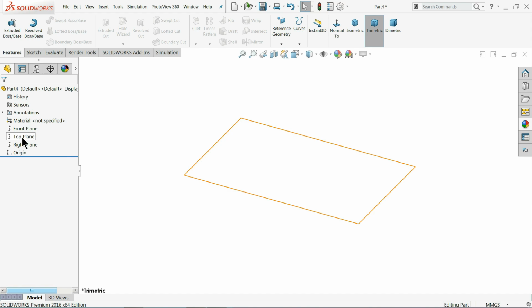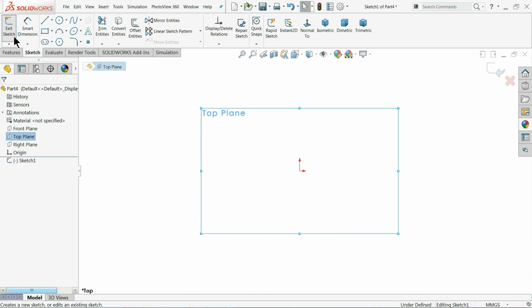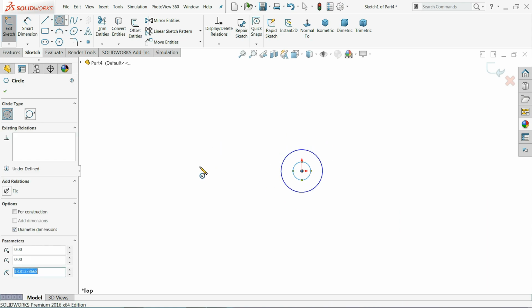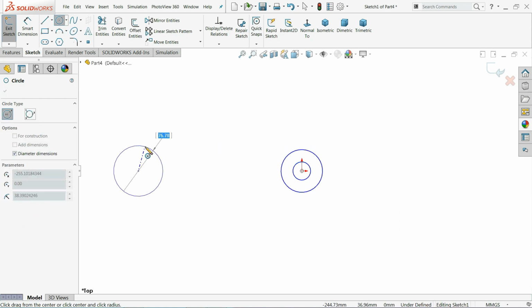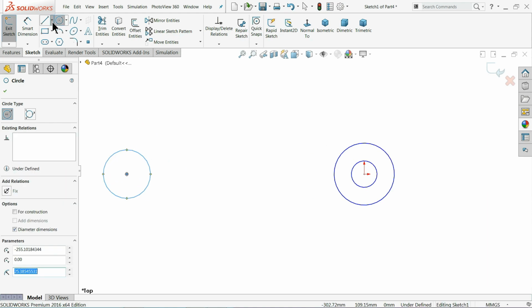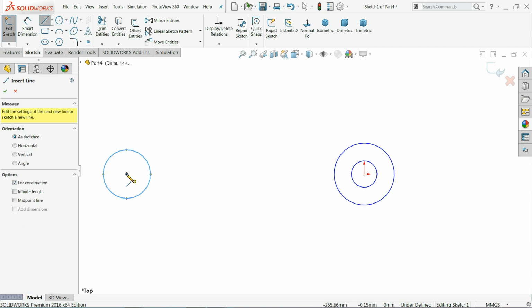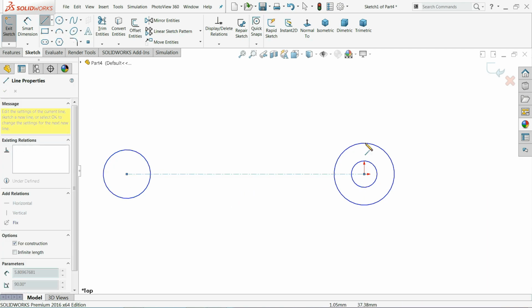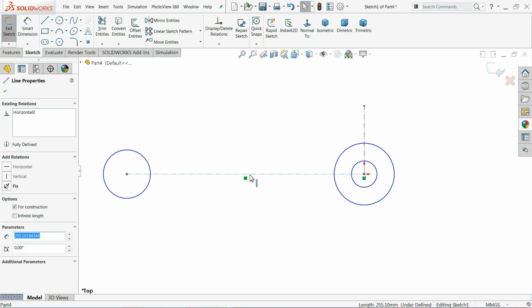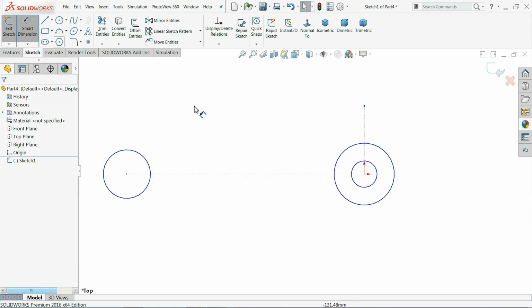So here we will choose top plane, or even directly choose extruded boss base. This is top plane, circle. Let me draw here 2 circles. Okay, and I'll draw one more circle here, a little small. Okay, center line, connect from here to this. Make sure it is horizontal. Okay, let's define this.